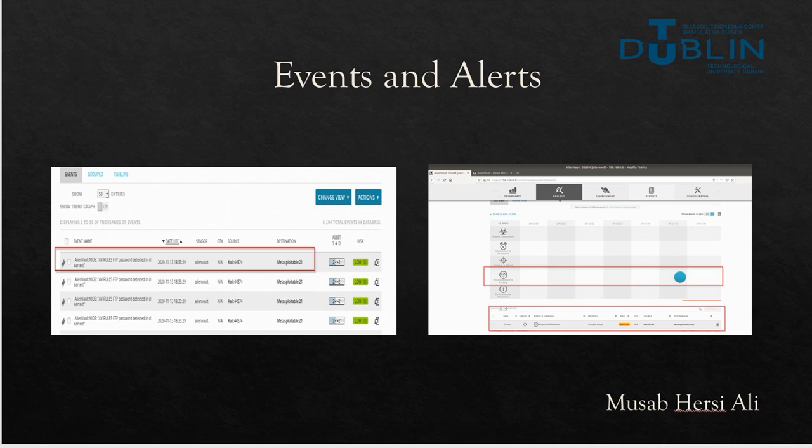But if you do any attacks, you can see that on your events. So this is the events. I have simulated an attack from Kali to Metasploitable, and it's been shown in the events, but not in the alerts. So I have created one correlation directive, and then simulated again, and it showed, as you can see in the image on the right,